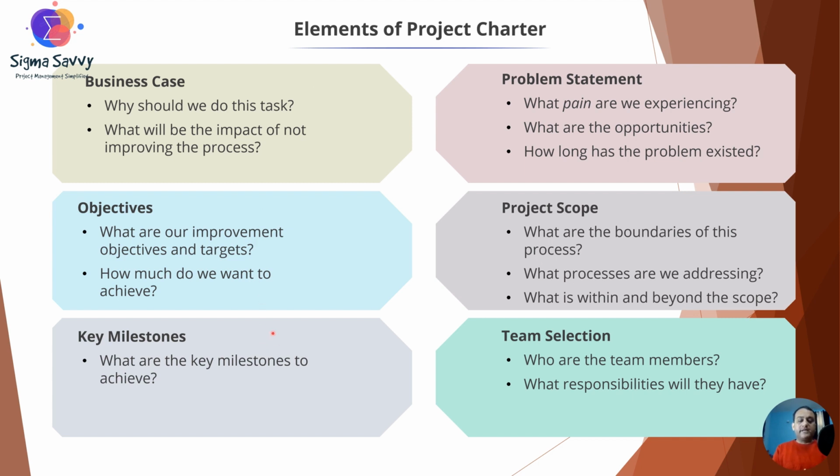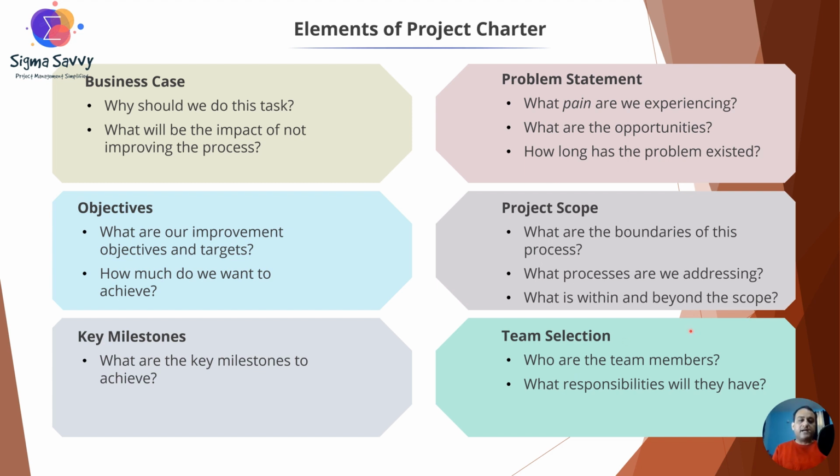Let us now look at key milestones. The key milestone is a field in the project charter that defines the major events and deliverables that mark the progress and then the completion of the project. It answers the question, when will we achieve the project objective? The project milestones typically include the following information: the name and description of each milestone, such as the start and the end of a project phase, the approval of a document, the delivery of a product, or the achievement of a goal. It also includes the target date versus the actual date for each milestone.